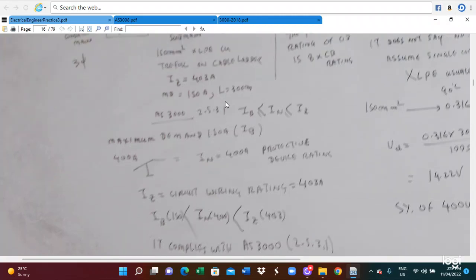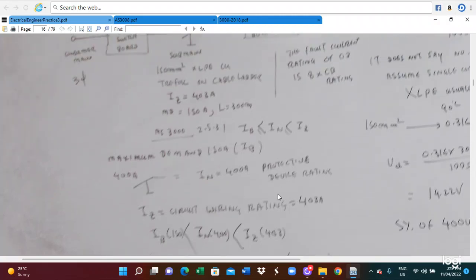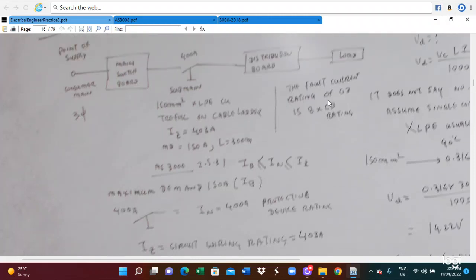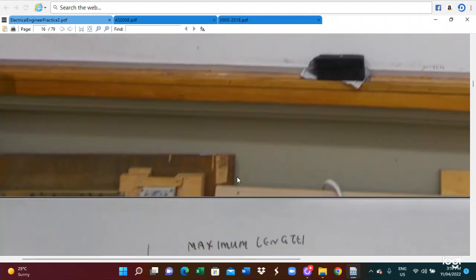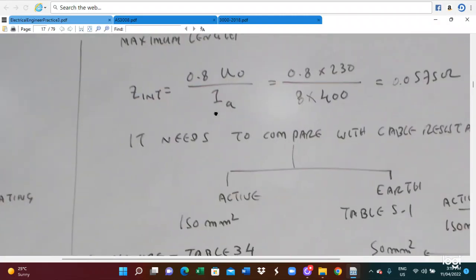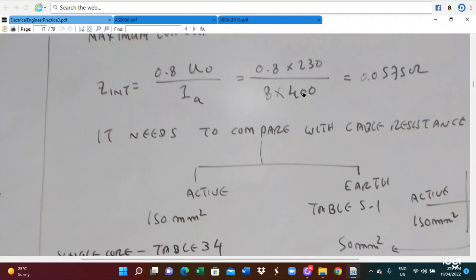This is when you get the fault current. So this IA is 400 ampere. 8 multiply the circuit breaker rating. The circuit breaker rating we got is 400, so this 400 shall be substituted here. So 8 into 400, so you get the